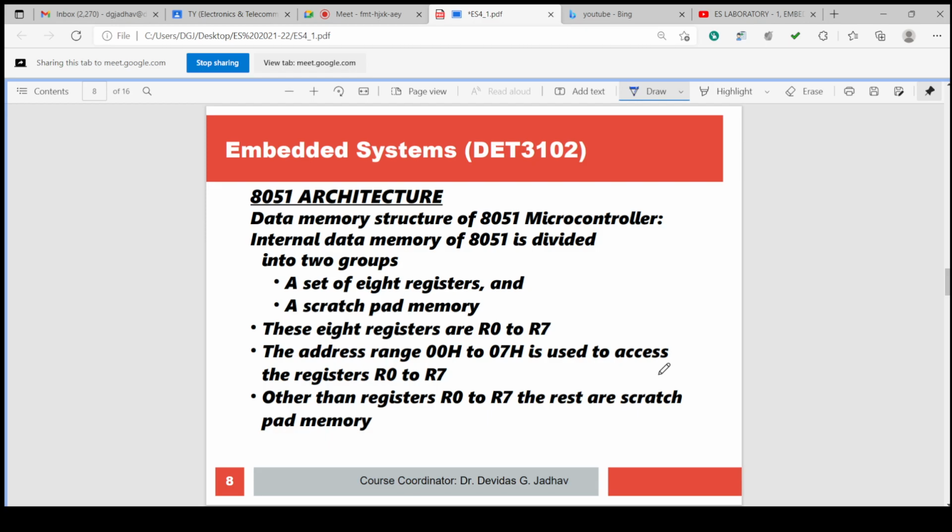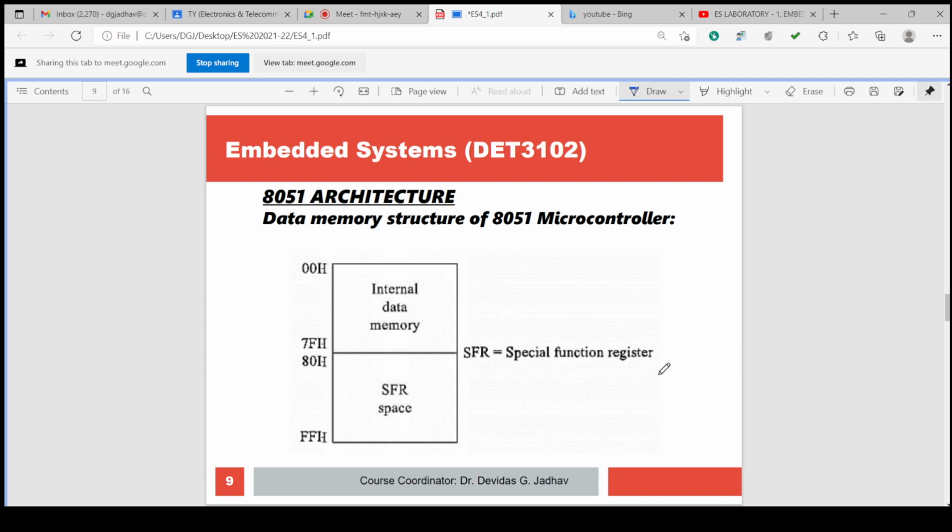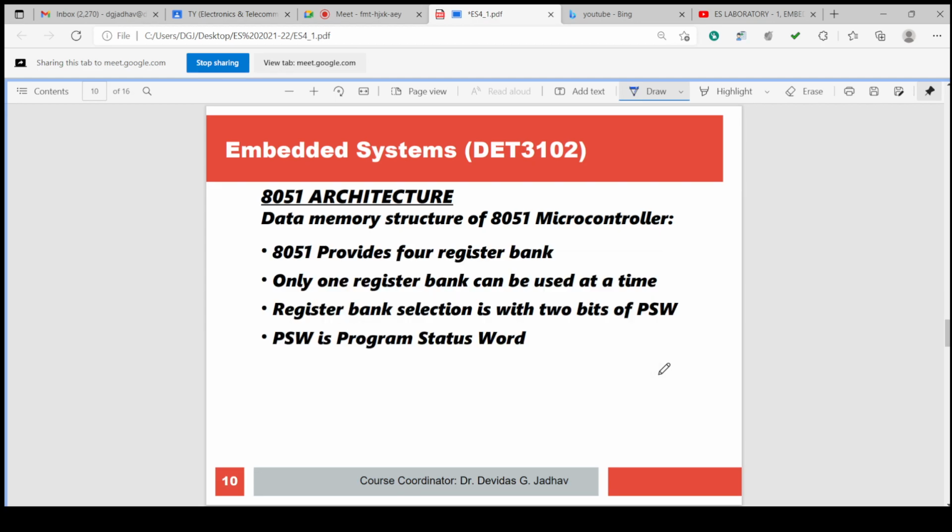Other than registers R0 to R7, the rest is called scratchpad memory. 00H to 7FH is the internal data memory, and 80H to FFH is the SFR, the special function registers.